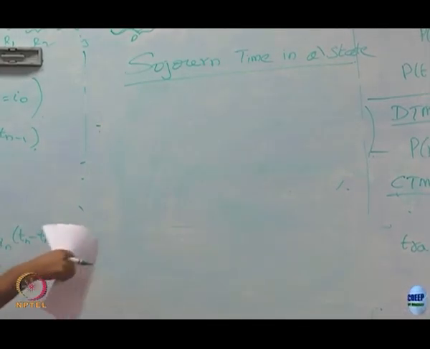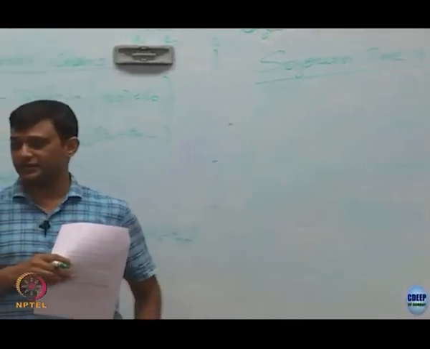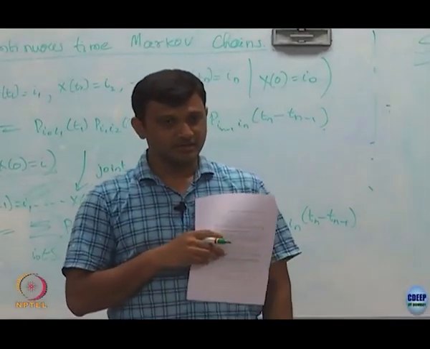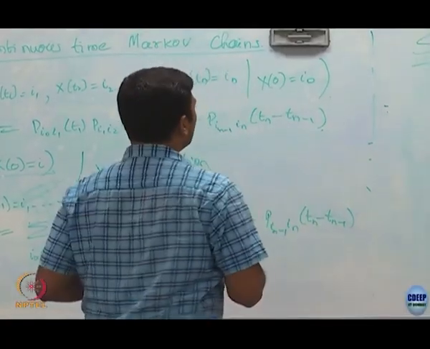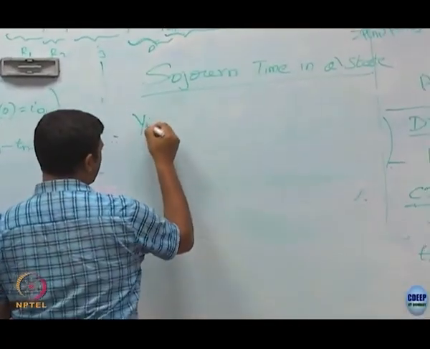Sojourn time is the amount of time you are going to spend in a state before you move out of it. We are going to define, at any time t,